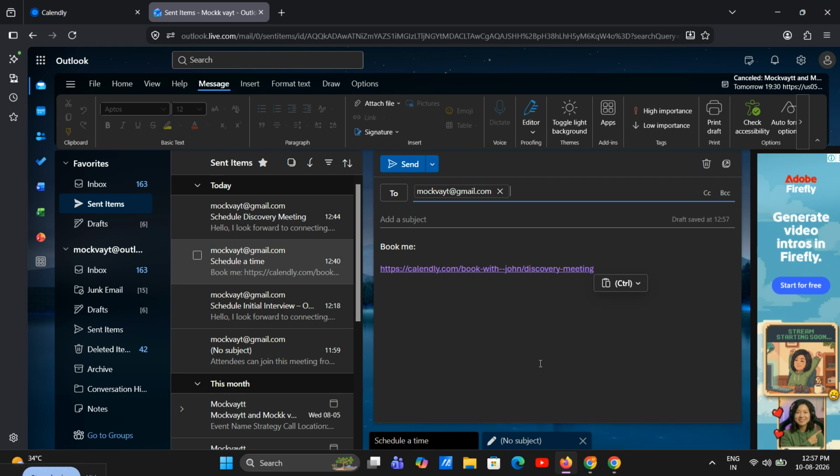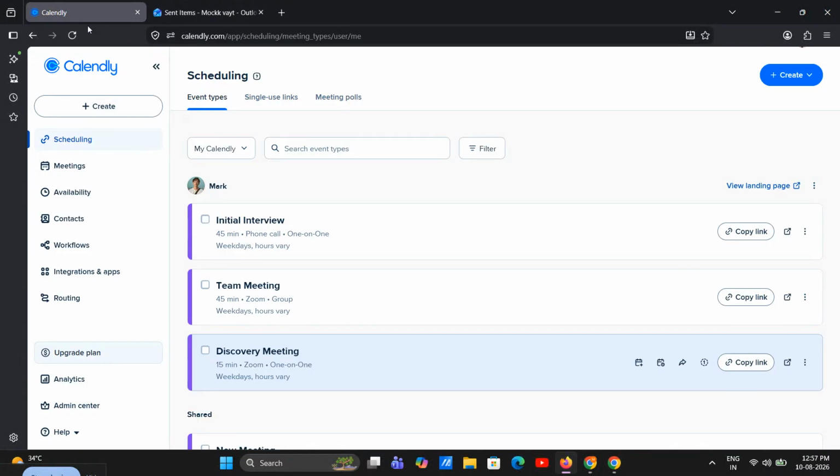how you want it. So, to quickly recap, log into Calendly, go to Scheduling, choose the event you want to share, click Share, copy the link, and send it wherever you need. It only takes a few seconds, but it can save you a lot of time and make your booking process